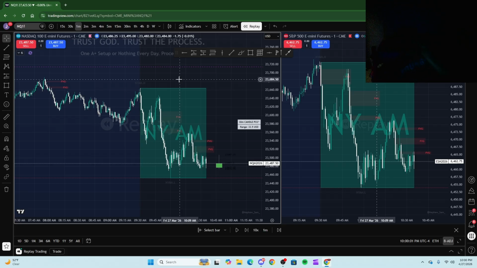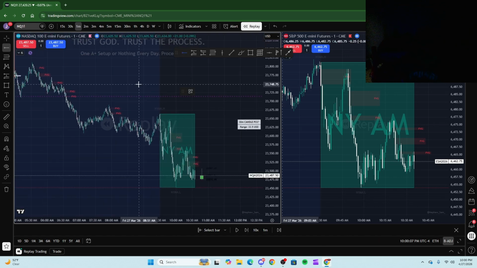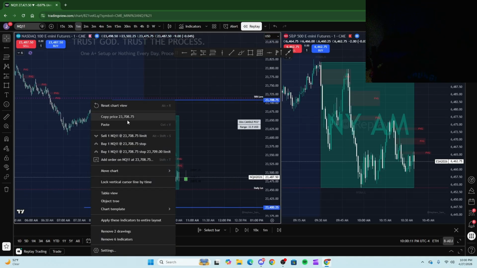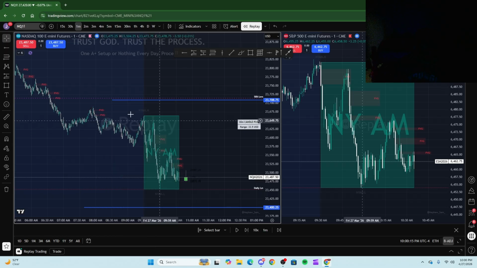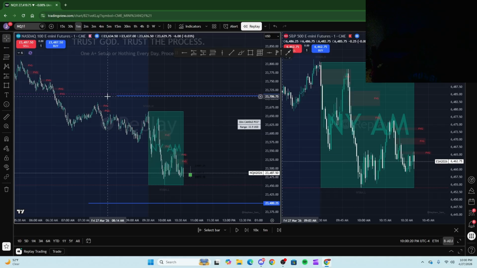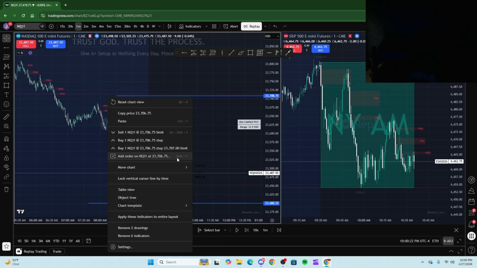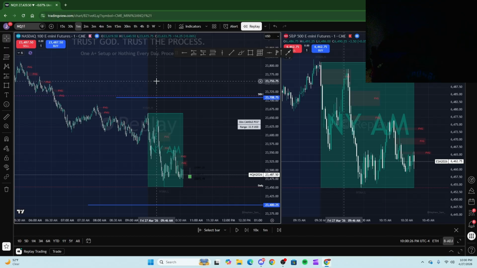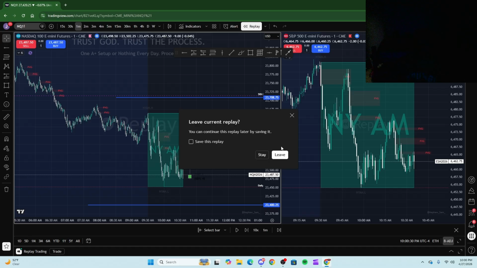Bro, what you can literally do, and I mean this, if you're not a continuation trader, literally remember how I said I marked out the 30-minute and then I marked out this low down here for this day? Watch this. Oh my god, I'm actually aura lossing right now. Why isn't it letting me do this? Where is the fucking thing? Oh, because I'm in replay mode. I'm tripping. But what you can do is, let me just delete this. Let me leave out of replay mode.